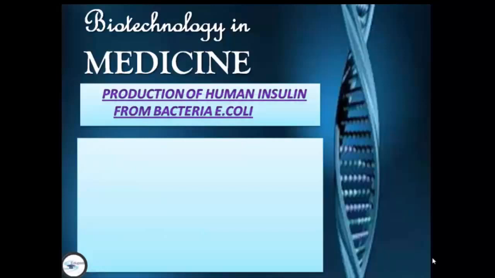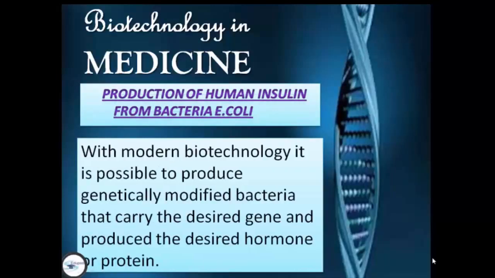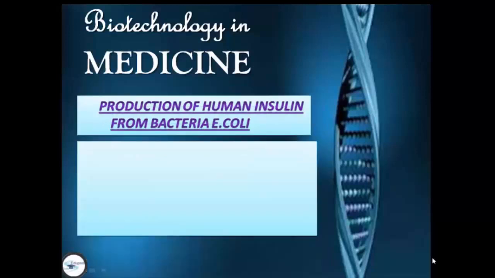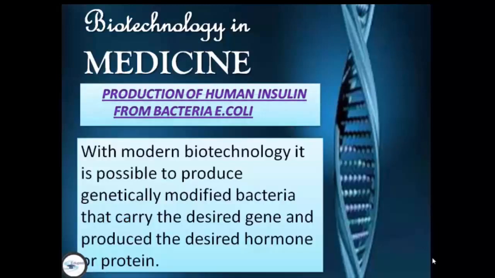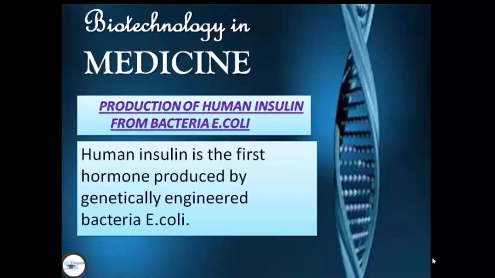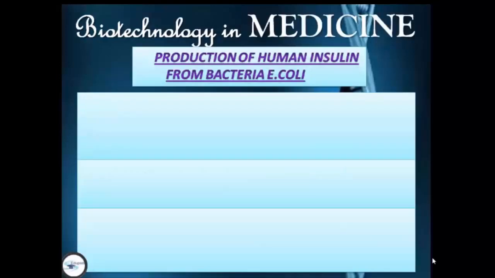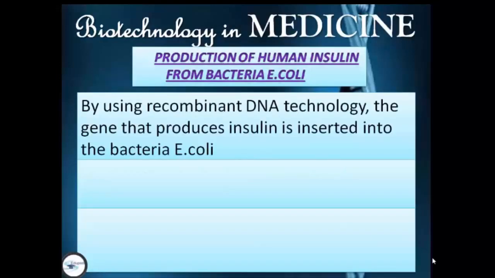The second product is the production of human insulin from the bacteria E. coli. With modern biotechnology, it is possible to produce genetically modified bacteria that carry the desired gene and produce the desired hormone or protein. Human insulin is the first hormone produced by genetically engineered E. coli, using recombinant DNA technology, and the gene that produces insulin is inserted